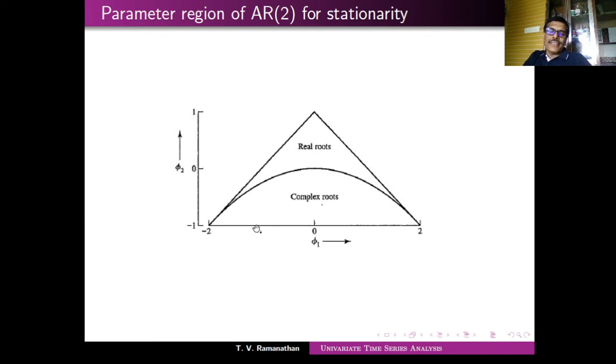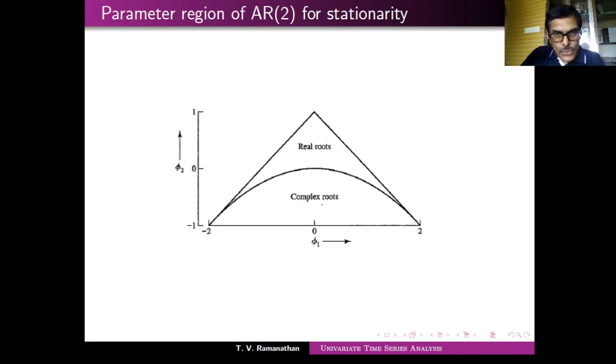Of course, this is just for you to illustrate. We will not ask you to find these things. It is difficult to find the region of the parameters so that stationarity is guaranteed. It is not very easy to decide in which region the parameter values should lie so that the given series is stationary. I am showing you in the case of AR2 how difficult it is. If you go for AR3 or AR4, it's pretty difficult to find this. But stationarity is very important to check.